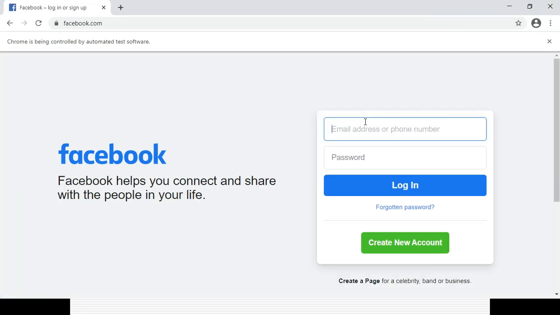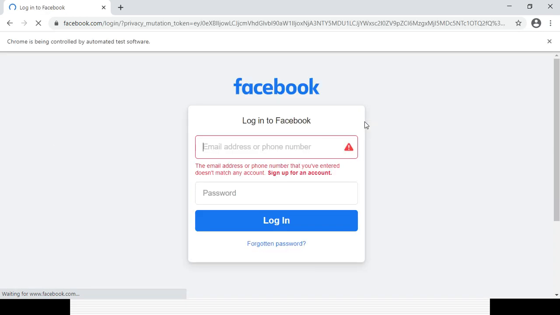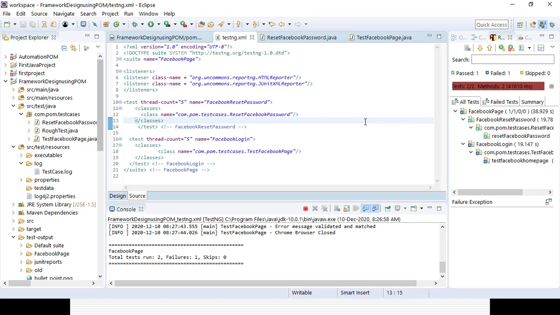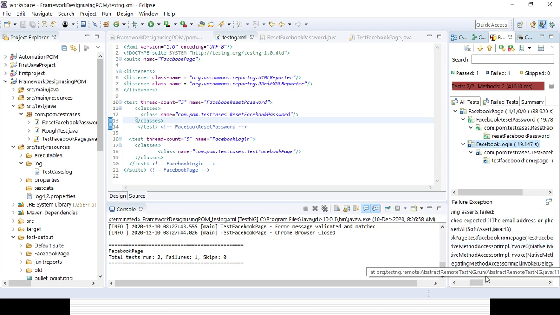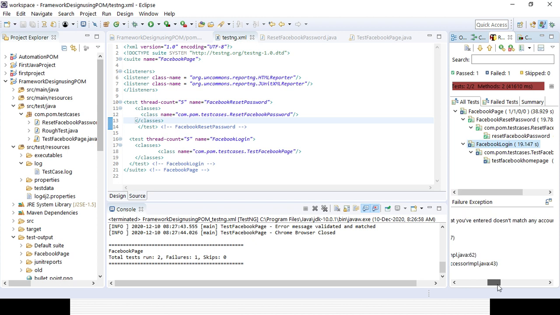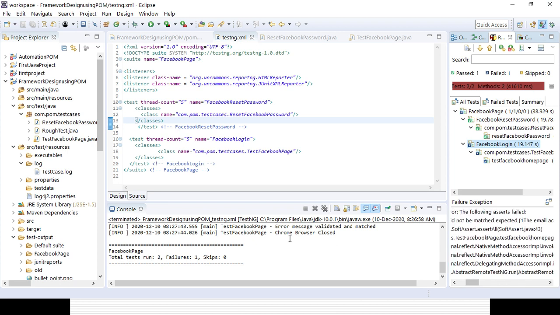And for the other one, you can see it is getting executed, but it will fail because the expected result is not matching, right? If you select the test case, you can see the error message, the assertion failure. The expected value we have given is 1, but it is not matching what was actually found. That is the reason it is failing, and you can see this log getting generated.